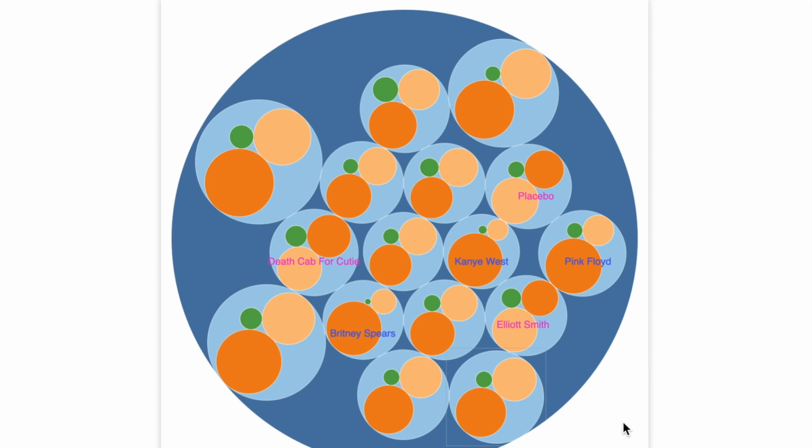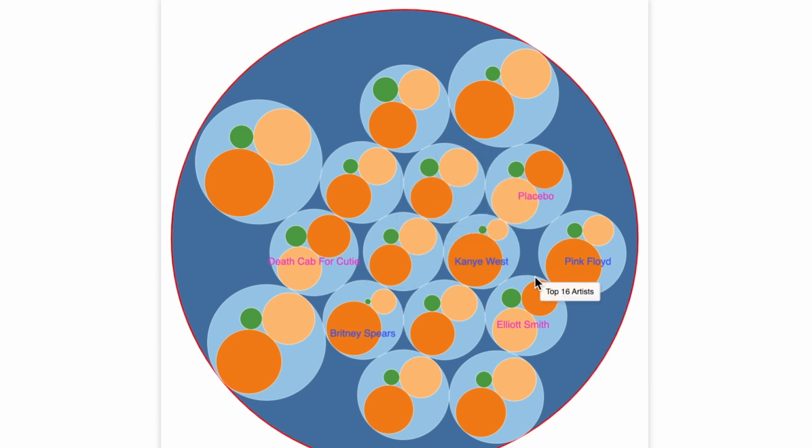This is a hierarchical chart where the circle sizes are proportional to their assigned values. The first iteration of this chart was done using different genres as the light blue circles and the different artists in each genre presented by the dark orange circles. In our second iteration, we look at relative artist popularity for different users divided by gender.